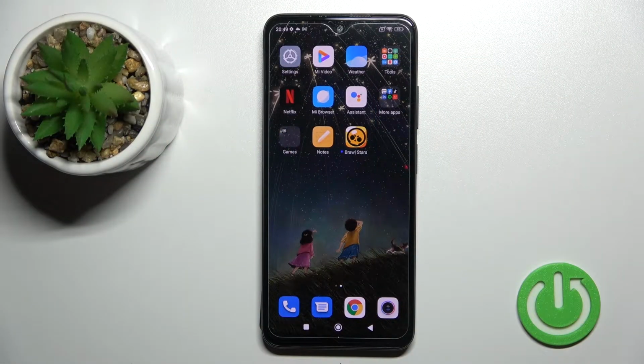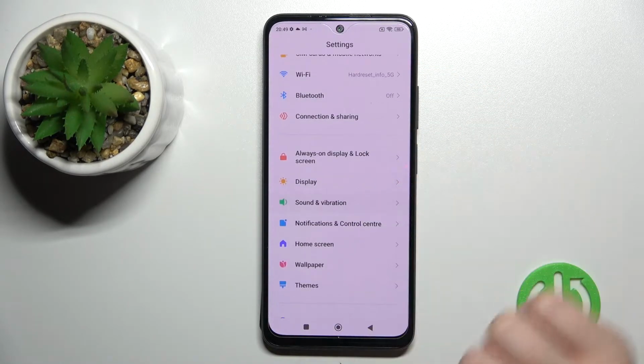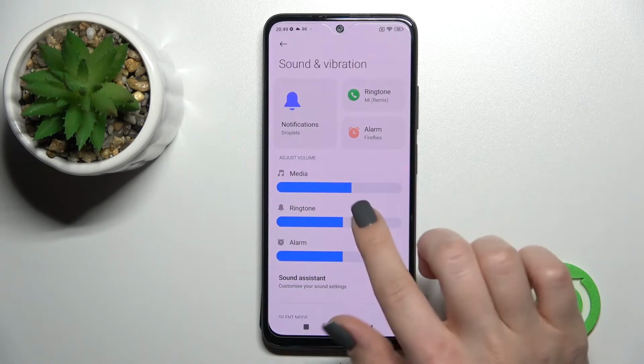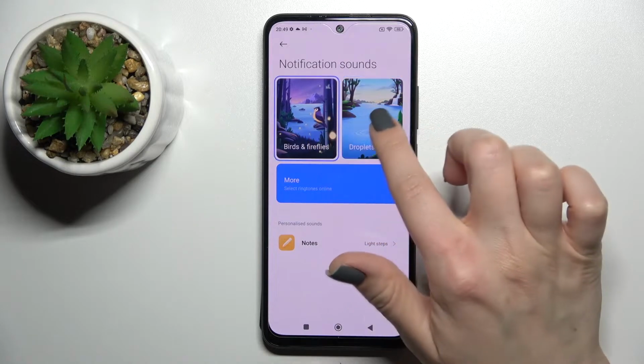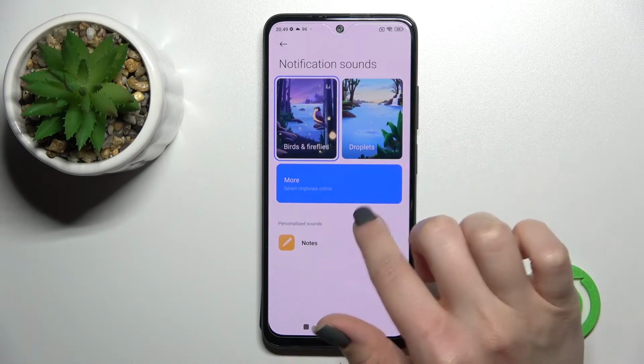Welcome, today in front of me I have a Redmi Note 11, and I'll show you how to change the notification sound on this device. First, go into the Settings application and then click here on Sounds and vibration. Now just tap here on Notifications, and here you can select one of these notification sounds or just